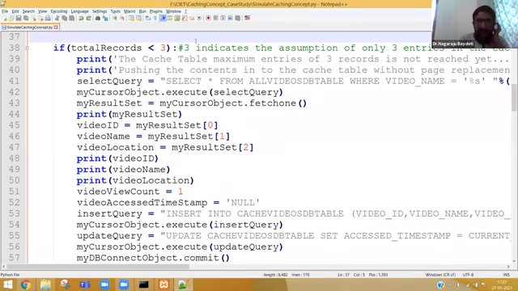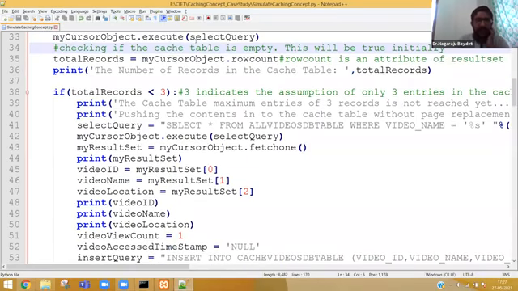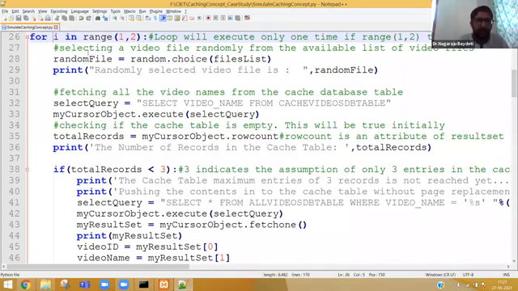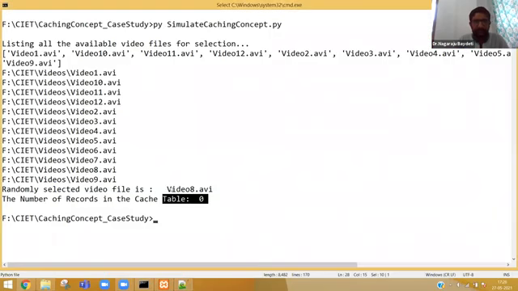everybody please observe, there is one variable called random file. What is random file? Random file is the user's video selection choice. That's what we have simulated. If you have any doubt, see, this is the random file.